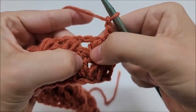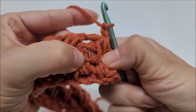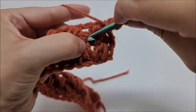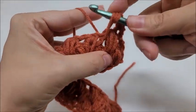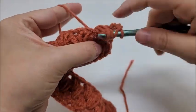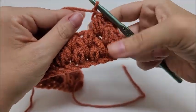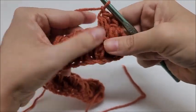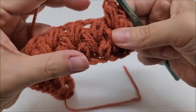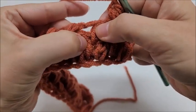So just spread it apart. You see that? The space right here on the side of this puff. We're going to do a puff into that one. And then chain one. And then we kind of repeat like normal. So you find your next two puffs here, and we're going to puff in the side of the puff